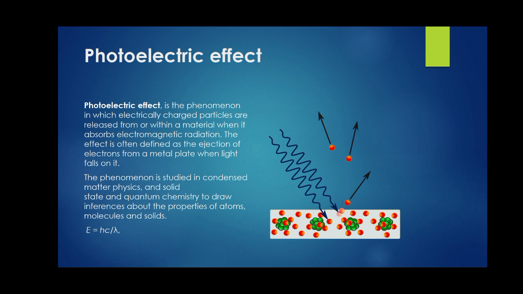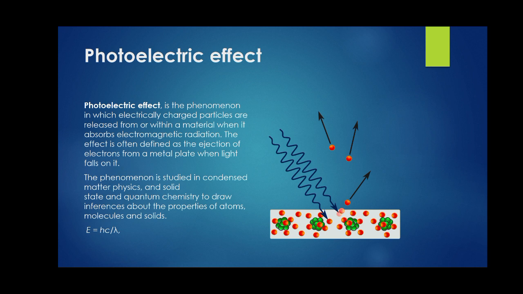The light is not merely light, it is light radiation. It is the phenomenon in which electrically charged particles are released from or within a material when it absorbs electromagnetic radiation. The effect is often defined as the ejection of electrons from a metal plate when light falls